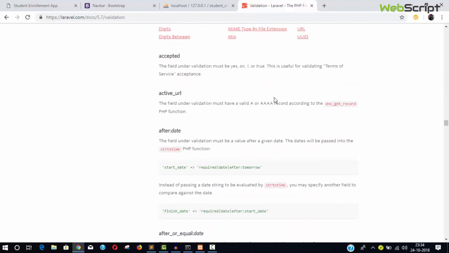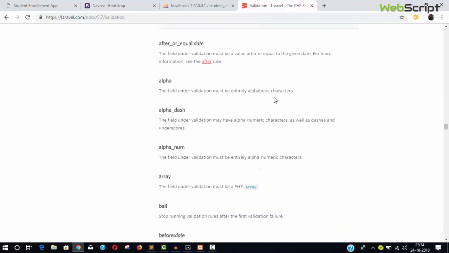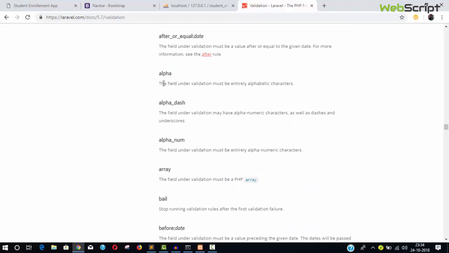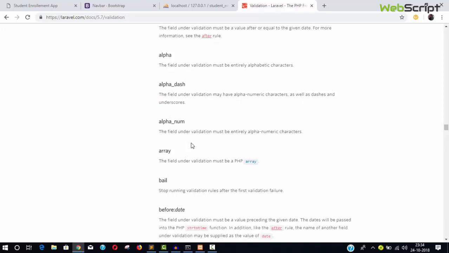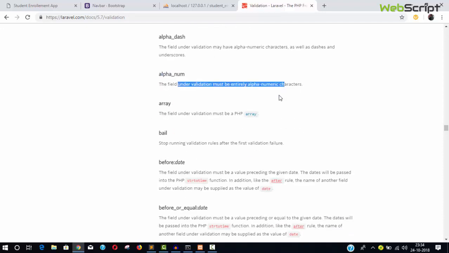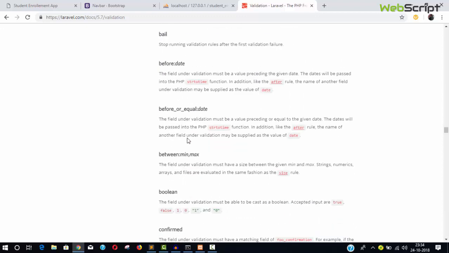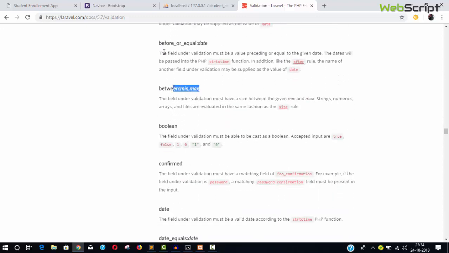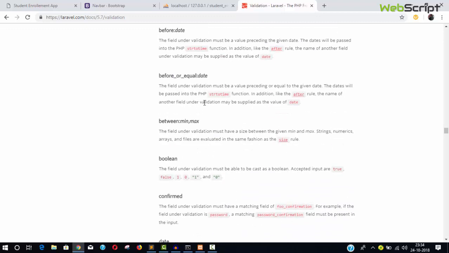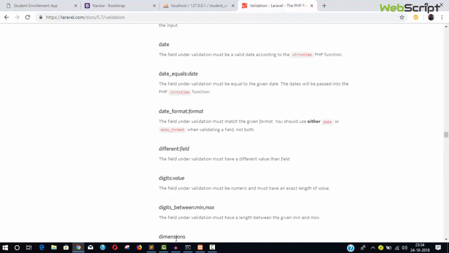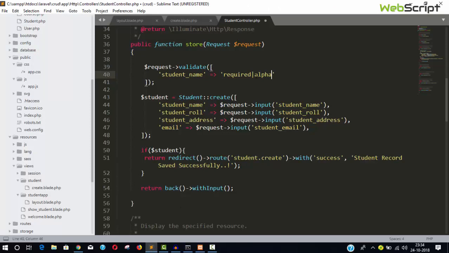Okay, rules begin here. Alpha, the field under validation must be entirely alphabetic characters. If you type alpha_dash, it will accept alpha-numeric characters as well as dashes and underscores. Alphanumeric, it will accept a combination of both, and something like that, right? So there are a lot of them. I'll just apply a few of them here. Alpha,